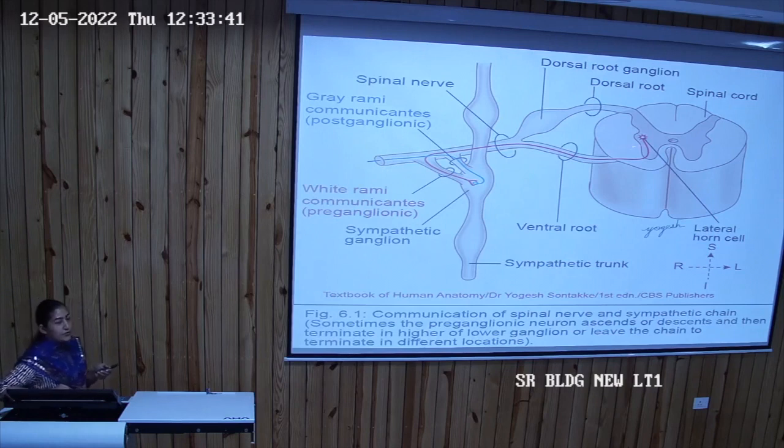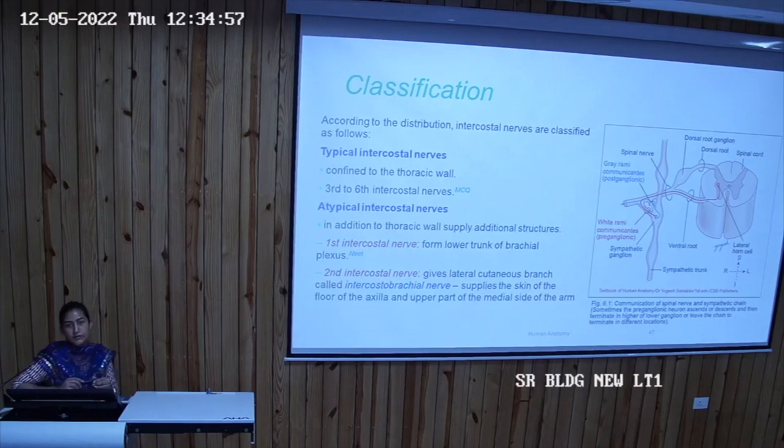So these are the intermediate horns of the spinal cord. From here the fibers will be arising. Next you will be telling me, what is this? This is the dorsal root and this is the ventral root. The fibers arising from the ventral root enter the sympathetic chain. There are two terms, gray rami communicantes and white rami communicantes. What do you understand by those terms? Which is called gray rami communicantes and which is called white rami communicantes? Anyone? Read the structure of a typical spinal nerve, that is your homework.